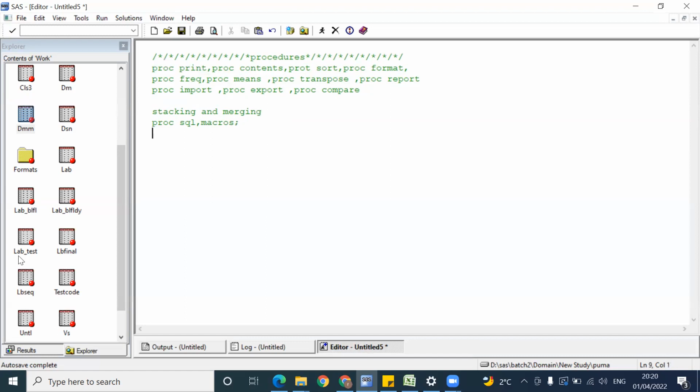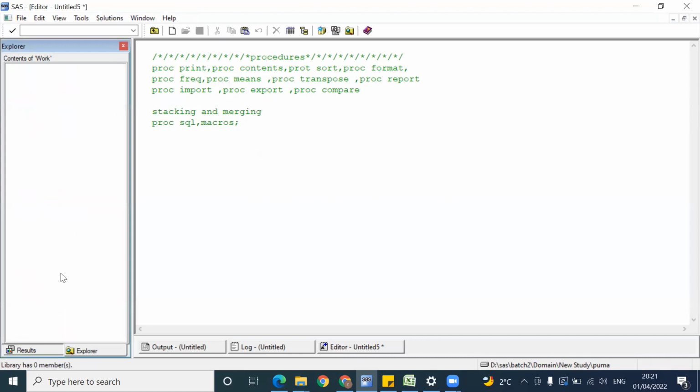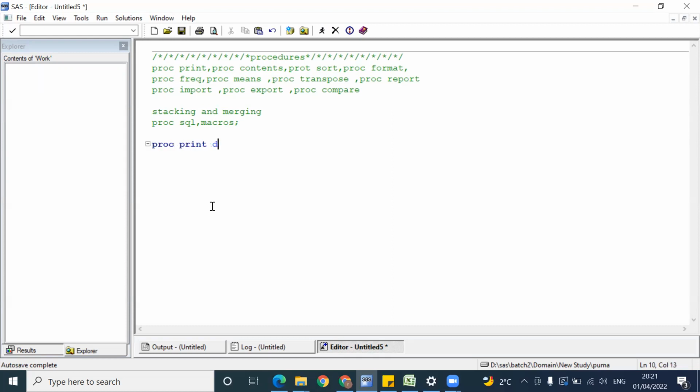So proc print, we generally use to display the data. That's it. We won't always require proc print, you just need to know the syntax. The basic syntax of proc print is just proc print, and then we need to declare